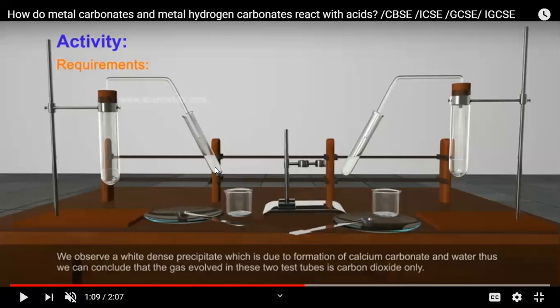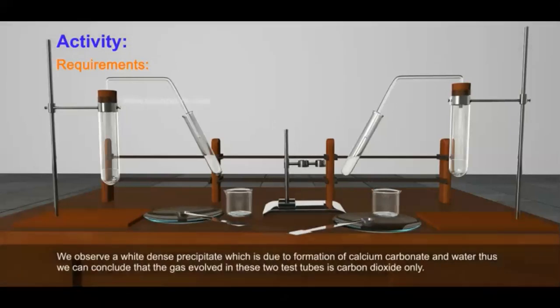This is the exact test for carbon dioxide gas which we do in the lab to check its presence and prove whether it is a metal carbonate or metal hydrogen carbonate. When they react with acid, they form salt, carbon dioxide, and water. So you can observe it. This is how it practically looks. Now, what all chemical reactions are involved in it, I'm going to explain.